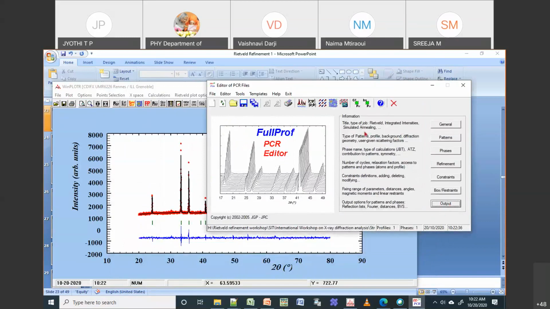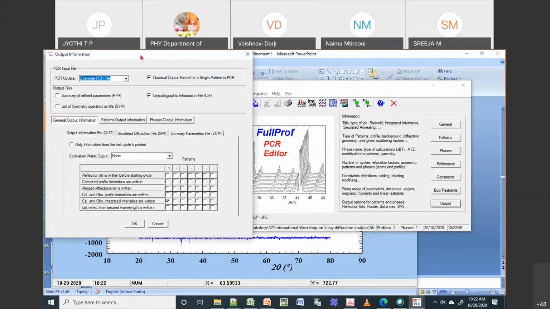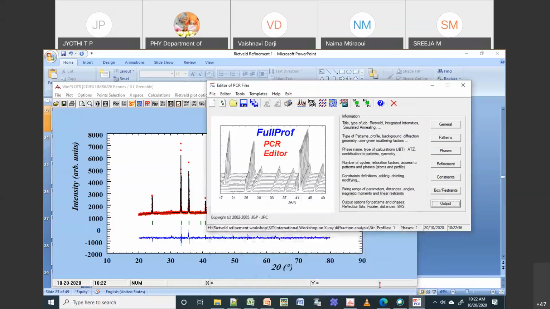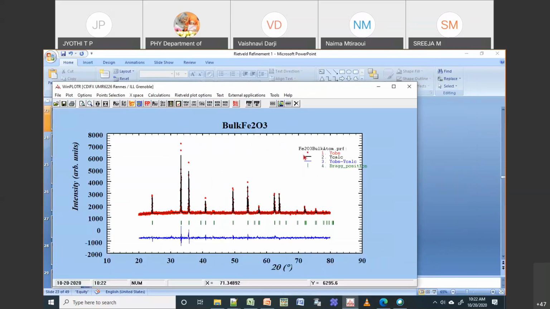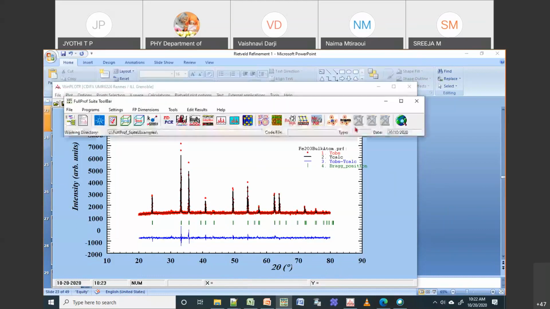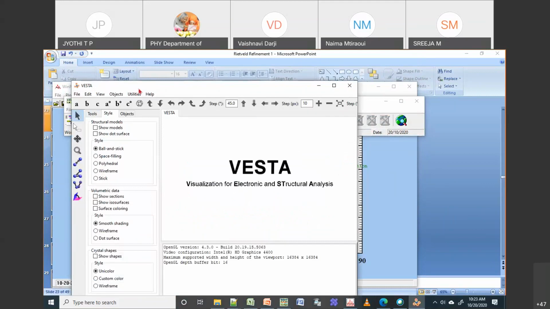Okay. So now, as we have generated the CIF file, we can also check the structure of this compound. Okay. So for that, what I will do is I will close this. So then I will go back to your FullProf suite. Okay. I'll open the FullProf suite, and then I can open the VESTA because I have already given a link for this. So if you do it one time, then it is already sitting there. Okay, so it is already linked with your VESTA.